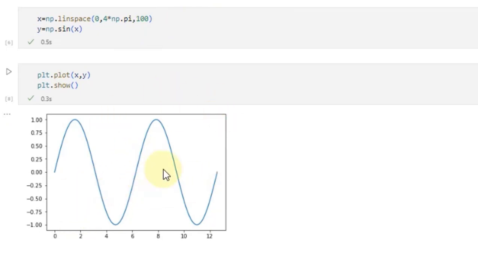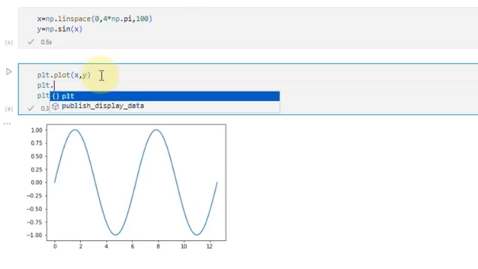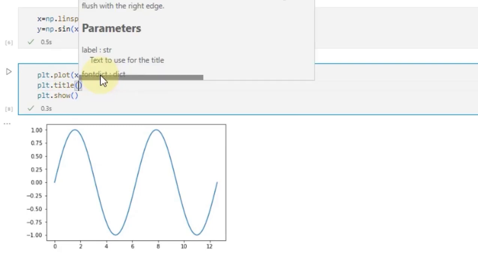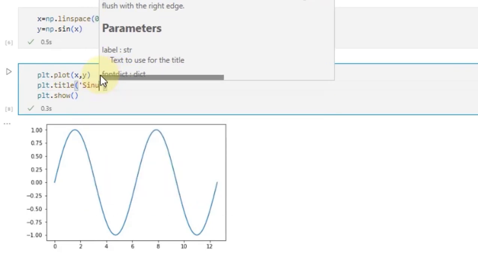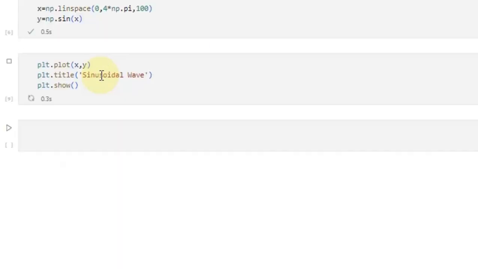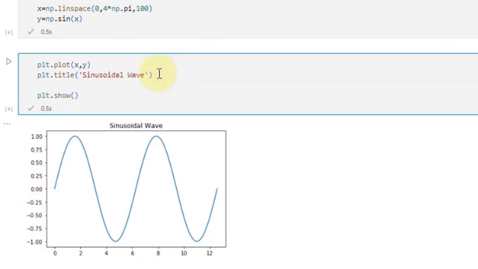Okay, so now this is a very simplified graph, and let me modify it by giving it a title. To give it a title, there is a command, title, and inside the brackets, sinusoidal wave. Okay, so when I draw it, I can very easily see that we have the sinusoidal wave. Similarly, for giving the x label and y axis label, we can also write